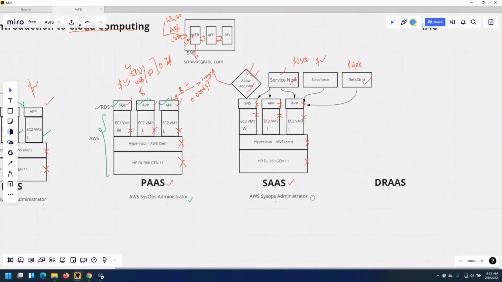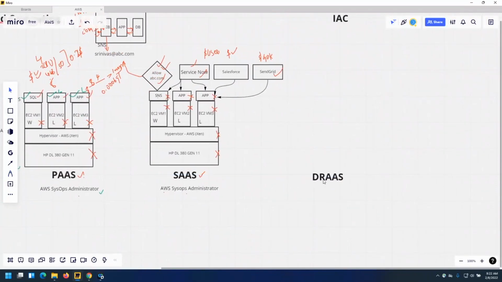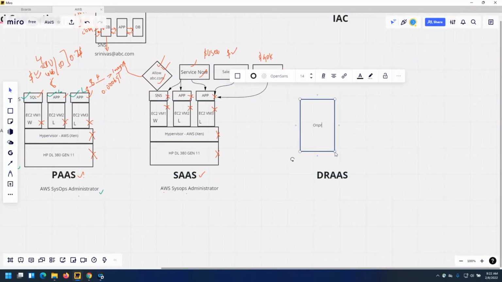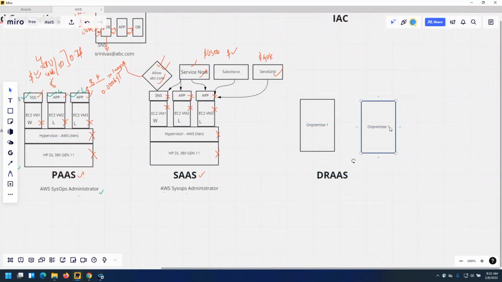Right. So moving on to disaster recovery as a service. What happens in the majority of customer places is that you will have on-premise one and on-premise two, different data centers in two different places.